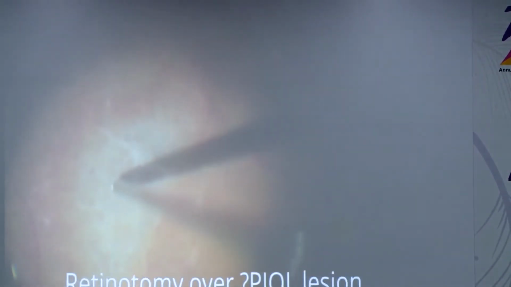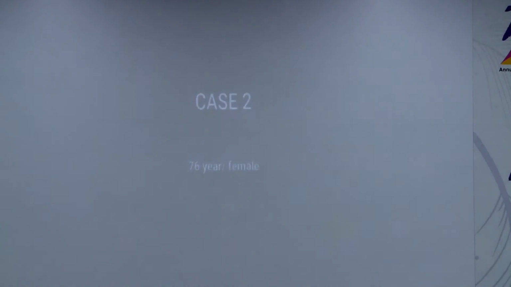Site of minimally invasive subretinal biopsy was chosen away from the macula. Retinotomy was made at the edge of the lesion and a 25 gauge soft tip was inserted in subretinal space and moved in all directions to increase the yield. Fluid air exchange is done and endolaser is applied to the retinotomy site. Ports are sutured.